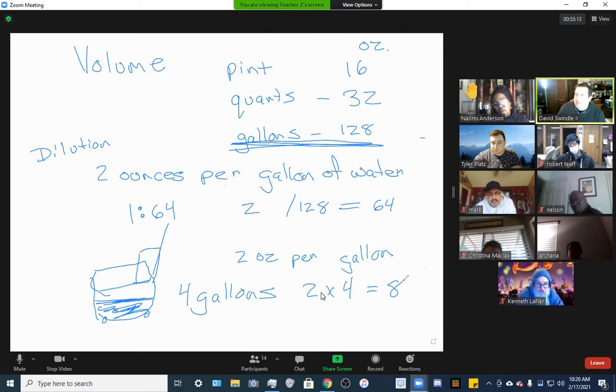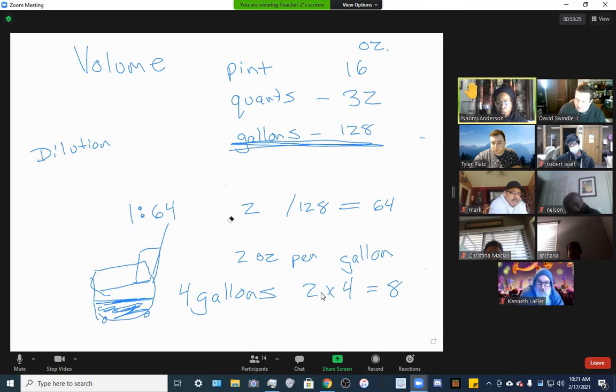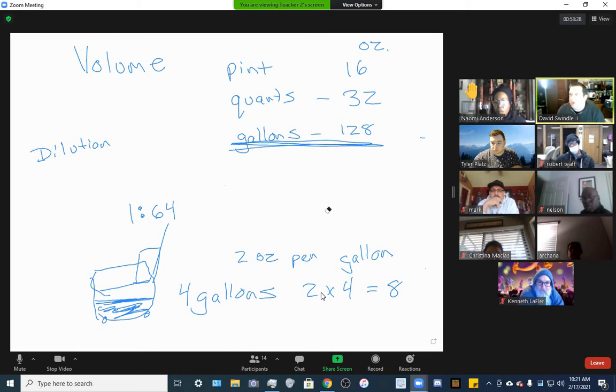But as I mentioned, not all chemical companies are the same. Some will not give you the 2 ounces per gallon of water. They're simply going to tell you, mix it at a 1 to 64 dilution rate. Oh my gosh. Throws you all off. How do I know how much to use? Okay. If we want to do the math for this, the way we would figure it out